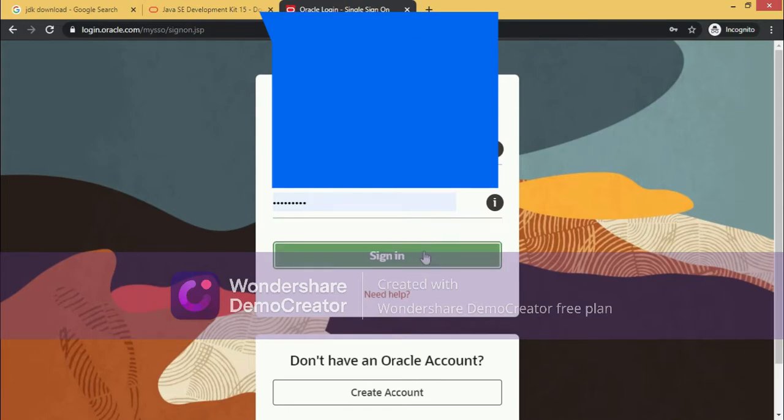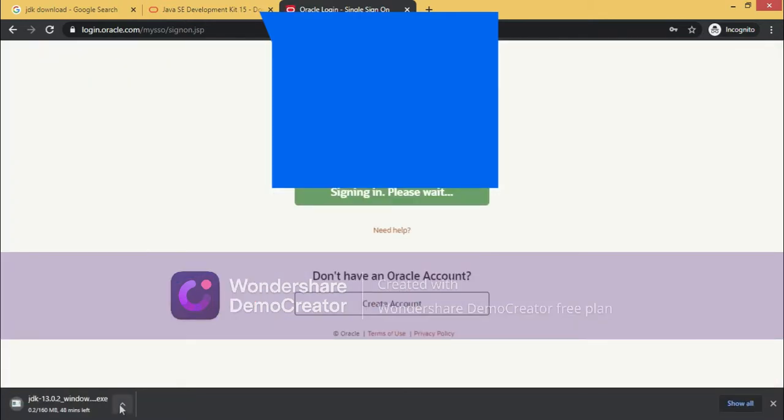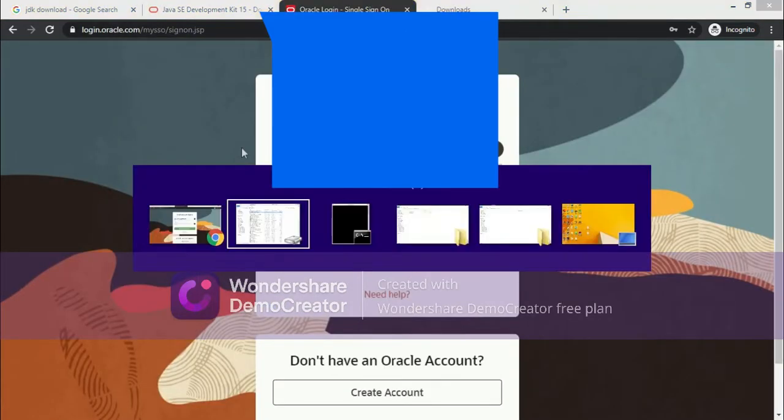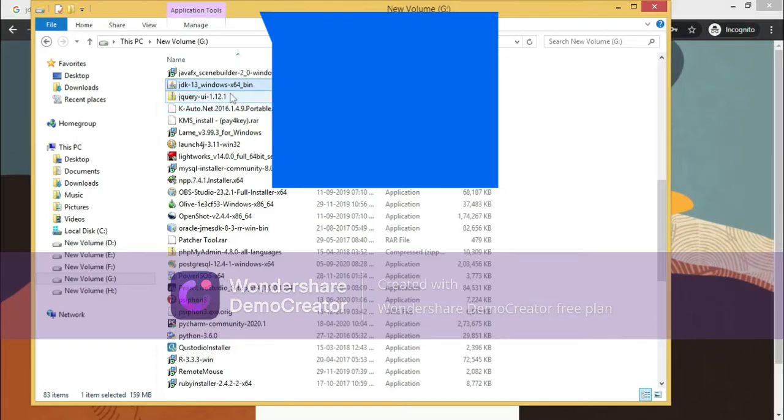Otherwise if you have, then go ahead and sign in, and then after that the file is automatically downloading. I'm having this file, that's why I'm stopping it, and then just go to the file, wherever you downloaded it, and double click on that file.